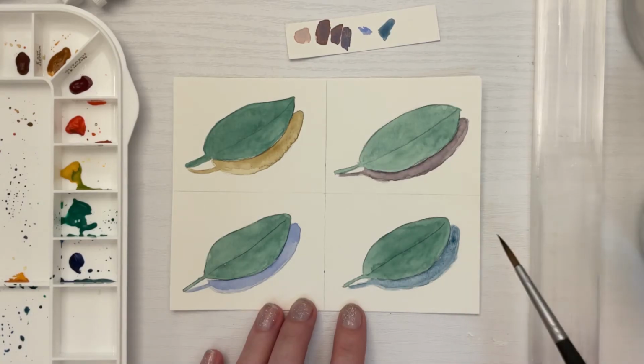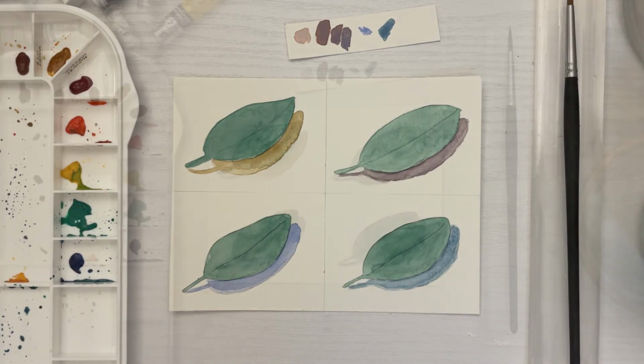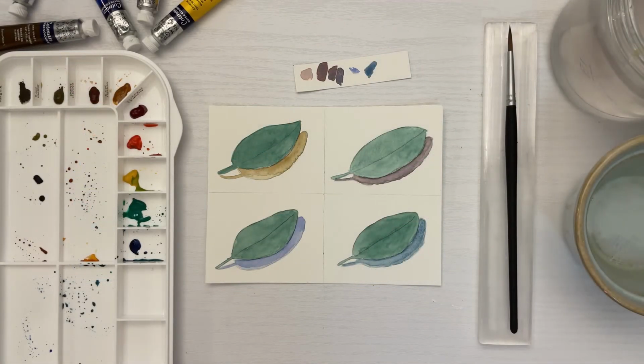Like the others, build up the color depending on how bright the light is in your painting. And that is 4 techniques to